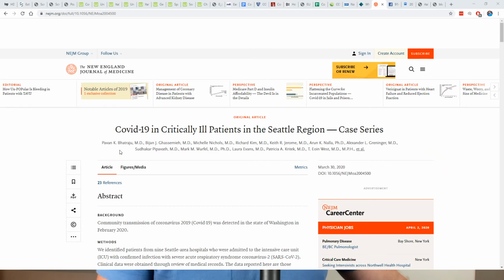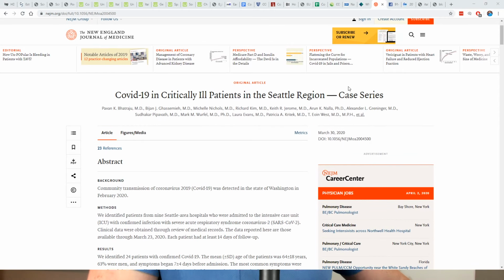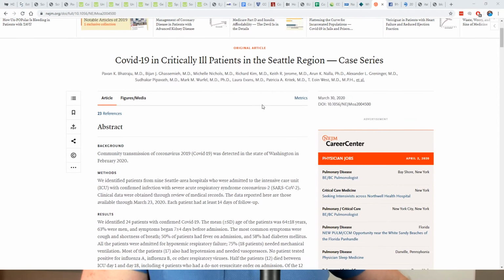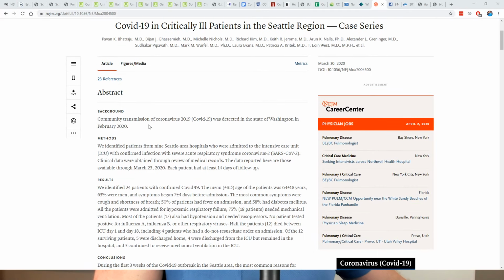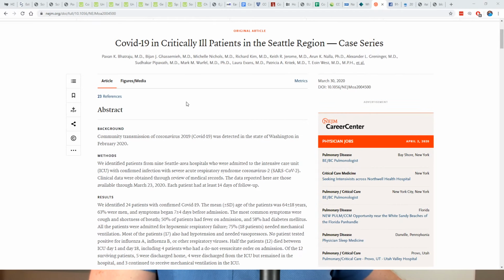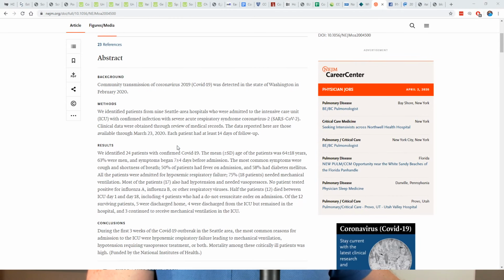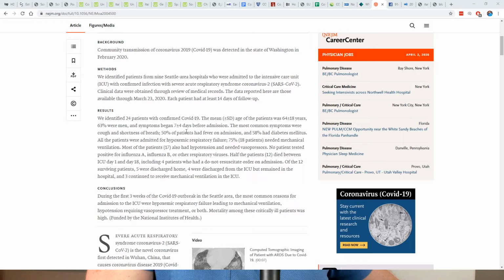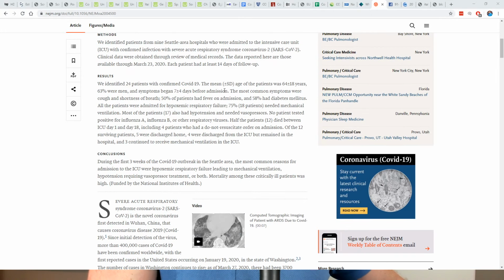Also, a couple things I wanted to highlight. I got more great info. All right, this came across my desk today. COVID-19 in critically ill patients in the Seattle region. This is a case study just produced. Again, this is small, but they're on a lot of these. Doctors aren't really focused on posting case studies to the New England Journal of Medicine while all this stuff's happening. It's probably the last thing on their mind, but some people are actually documenting it. So 24 patients, COVID-19.